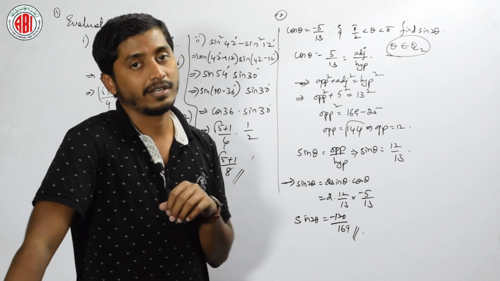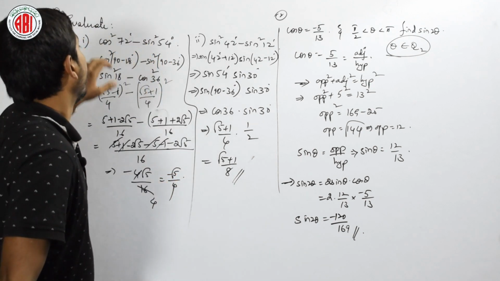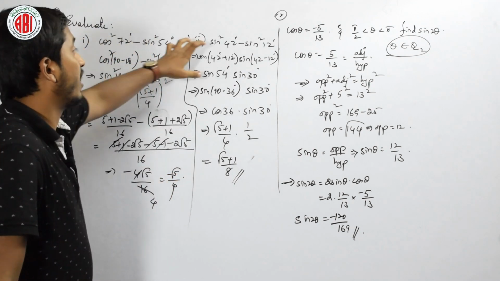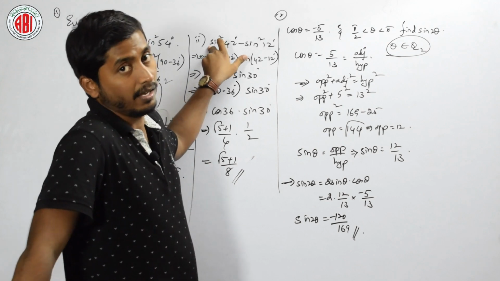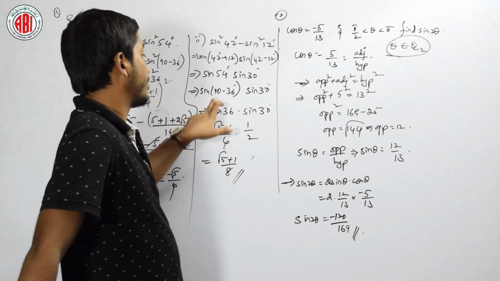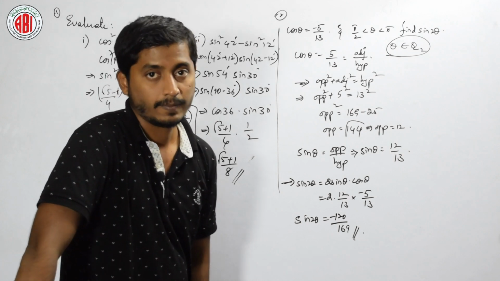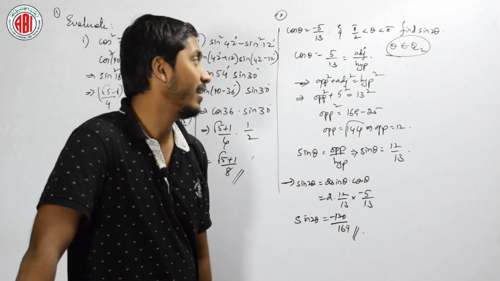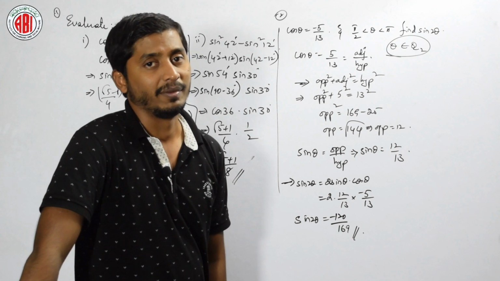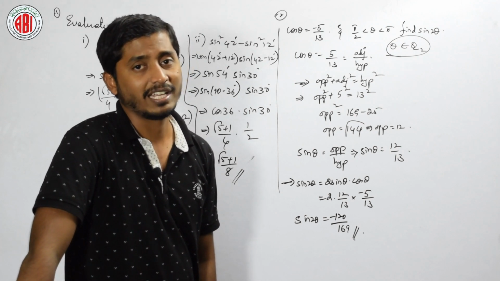Is it clear? Did you understand what all sums we did? We have did such kind of problems, and we have used the previous compound angles formula also. Then we substituted the value of sin 18 and cos 36 here. Is it clear? Those are the basic things which we have to remember. Okay. Shall we move on to the next problem?